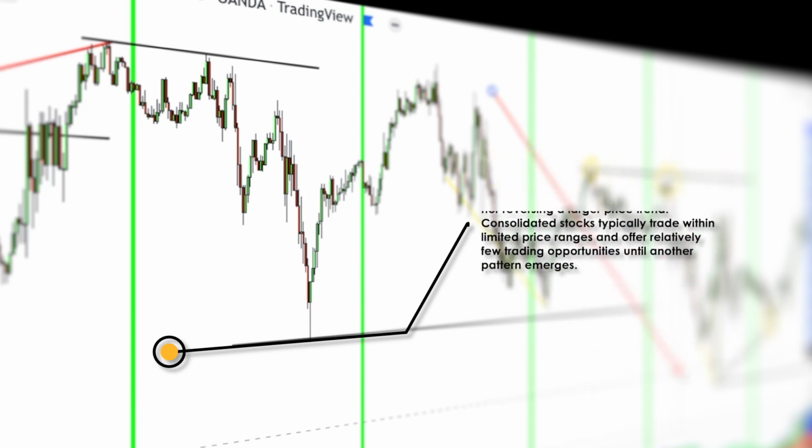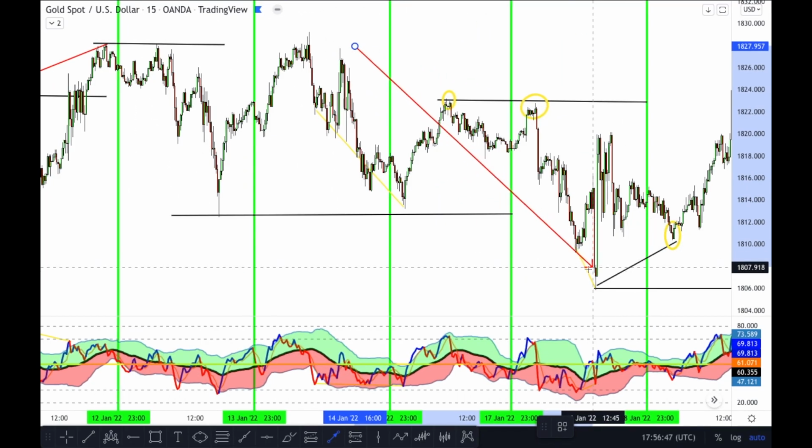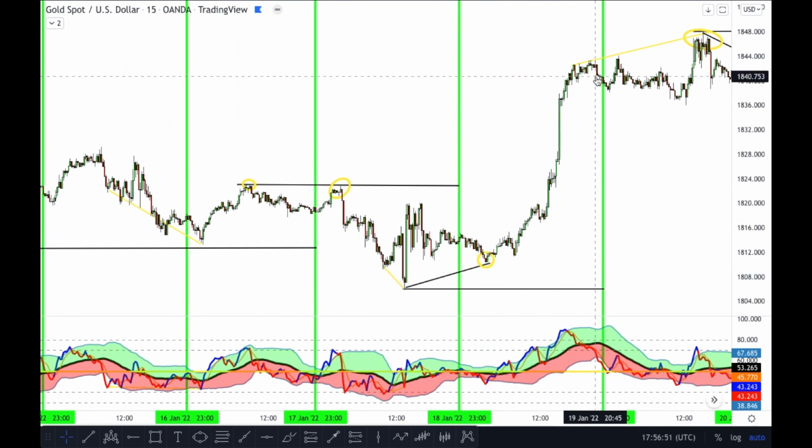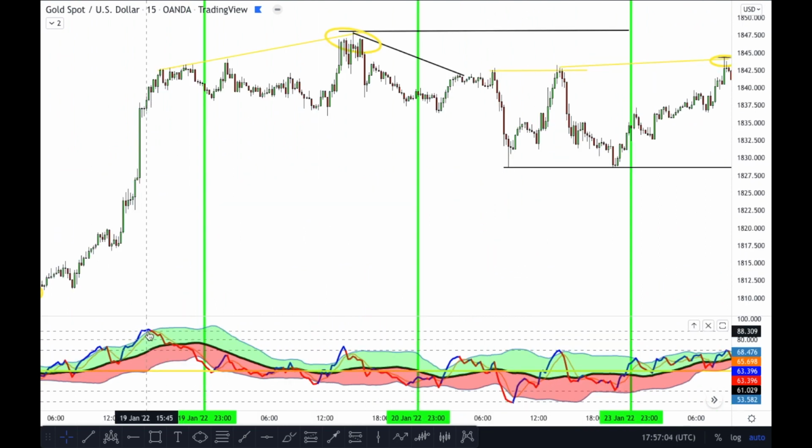So when it did come to its final version of its divergence over here, this is why we saw the huge breakout happening over this side. A nice start of a shark fin from this level here. Then what are we waiting for? We're waiting for our divergence. We can see the shark fin entry right here.